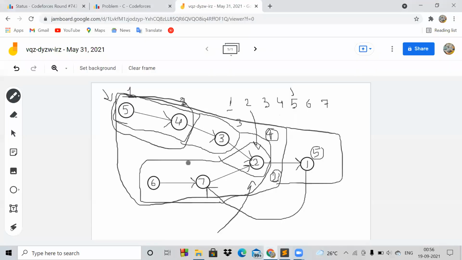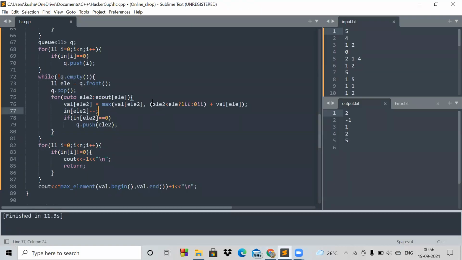And suppose the number is greater, that is we are going from 6 to 7, then we don't have to increase the iteration, because if we can read book number 6 in one iteration, we will again be reading the next book in the same iteration. So I have taken the value of that next node as the maximum of the current node plus 1 or 0 depending upon the condition.